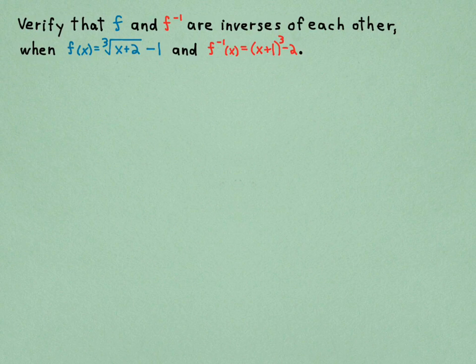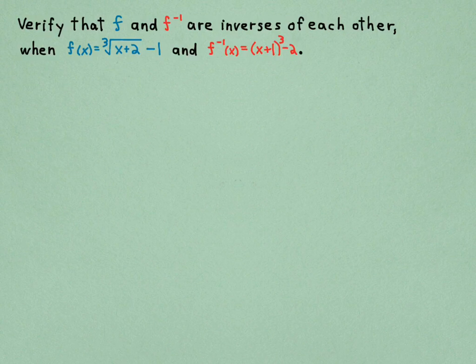the quantity x plus 2 minus 1. So x plus 2 is the radicand. And f inverse of x equals the quantity x plus 1 cubed minus 2. So what you're supposed to do here to verify that these are inverses of each other is to check them in that theorem on the previous video